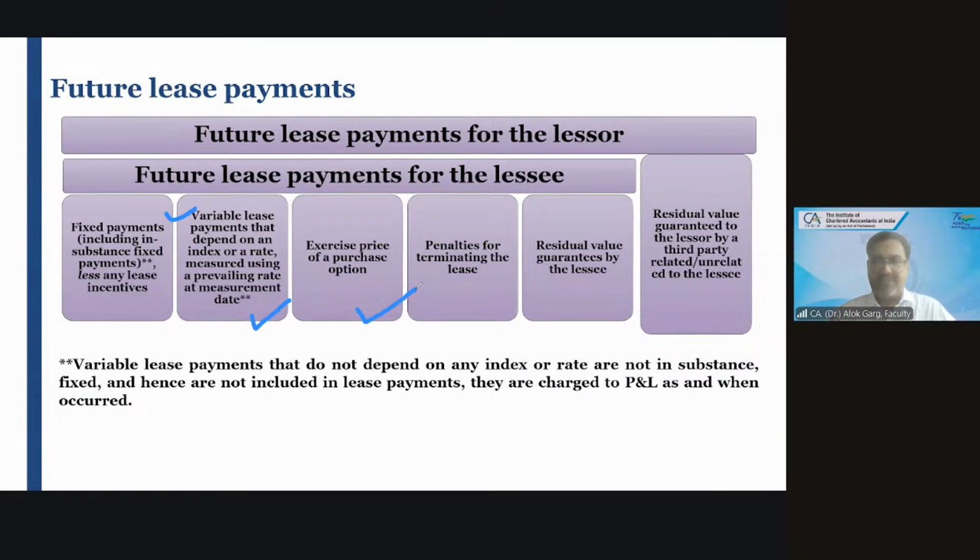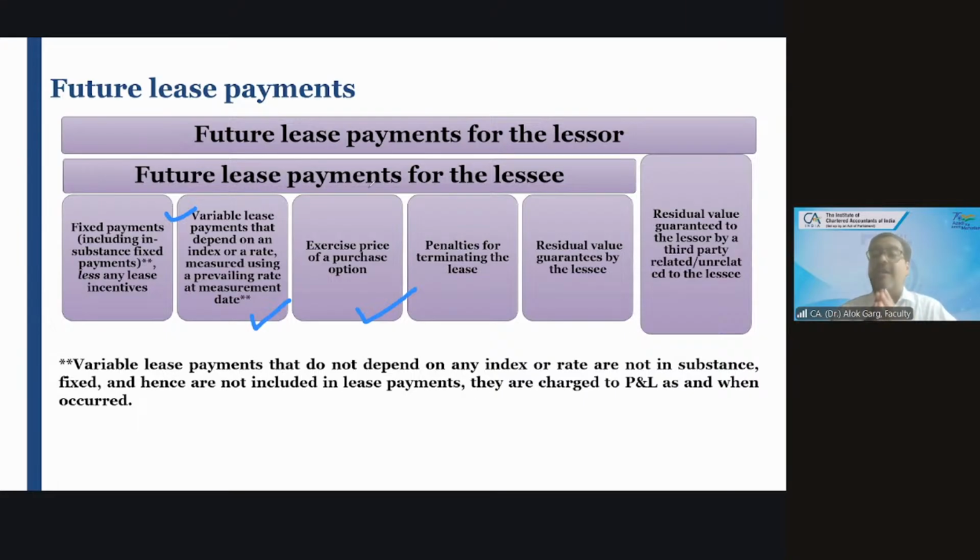Exercise price of a purchase option. For example, Saminathan has entered into a lease contract for a car lease. And the lease term is 6 years. He is paying a lease rent of 1 lakh rupees every year. At the end of the lease term,